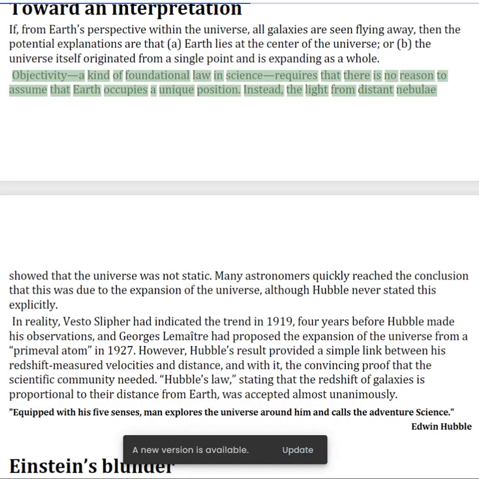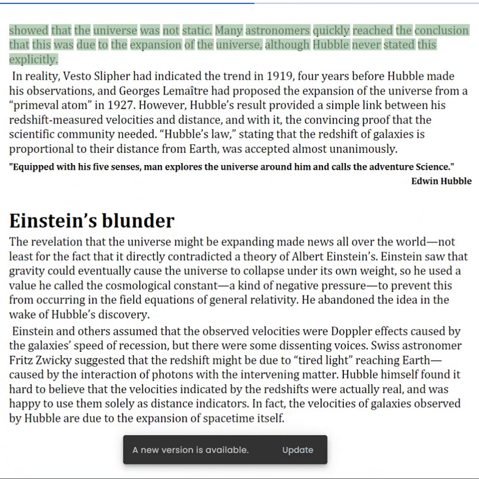Objectivity, a kind of foundational law in science, requires that there is no reason to assume that Earth occupies a unique position. Instead, the light from distant nebulae showed that the universe was not static. Many astronomers quickly reached the conclusion that this was due to the expansion of the universe, although Hubble never stated